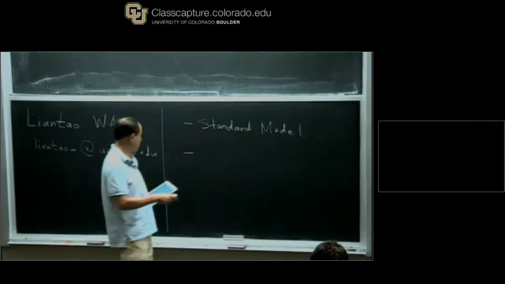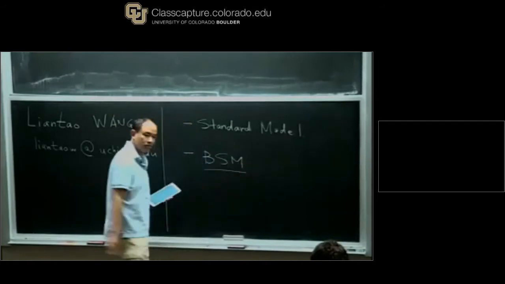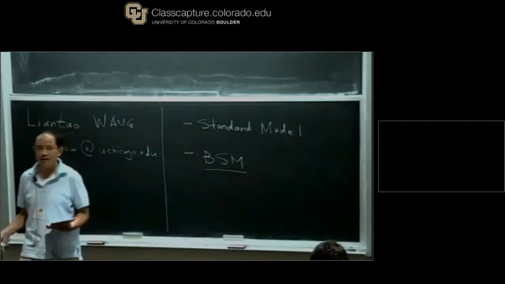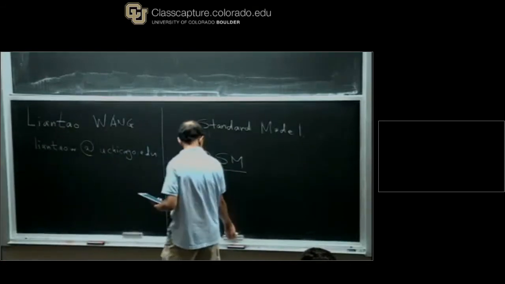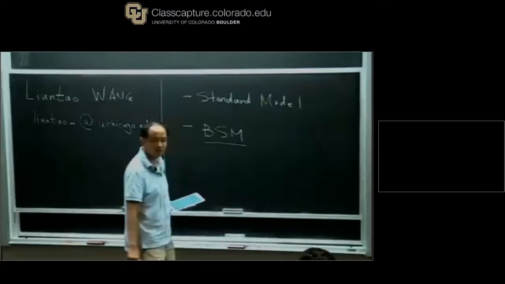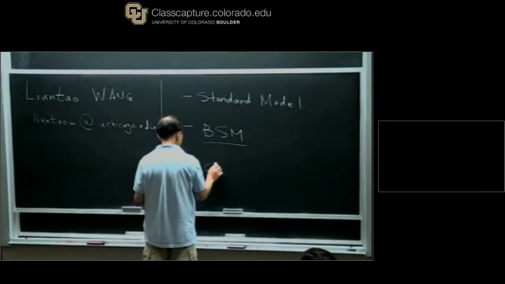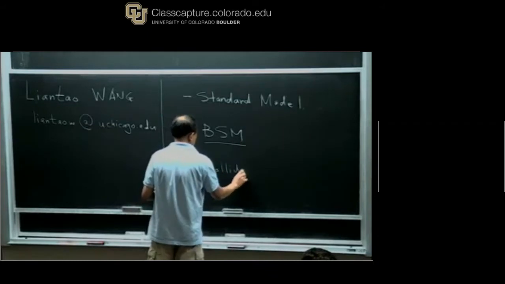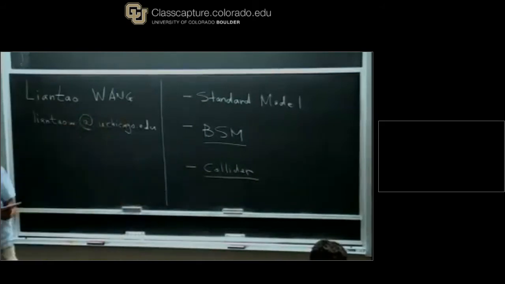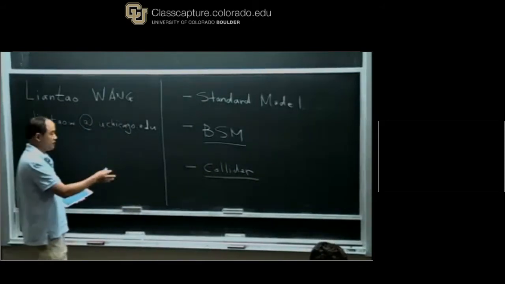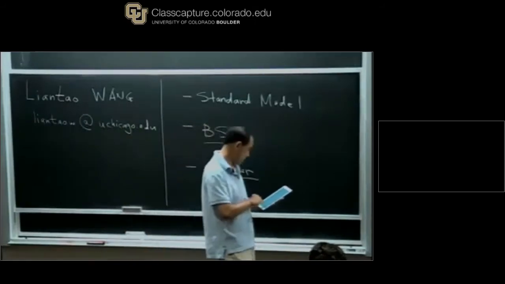about the standard model, and then we move on to the next topic, which is basically the current thinking about beyond standard model new physics. Depends on how fast we go, I guess this will take quite a bit of time already. And in the end, I'll talk a little bit about how to look for those new physics at the colliders. Depending on how fast we go, we can even talk about other things too. But these are the basic things.